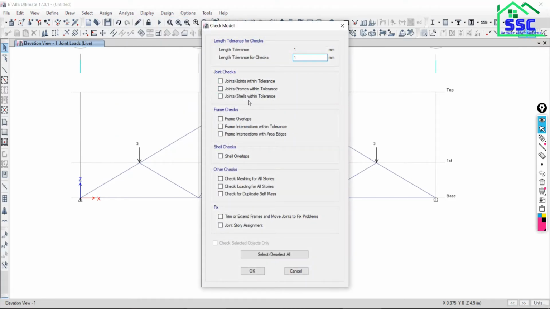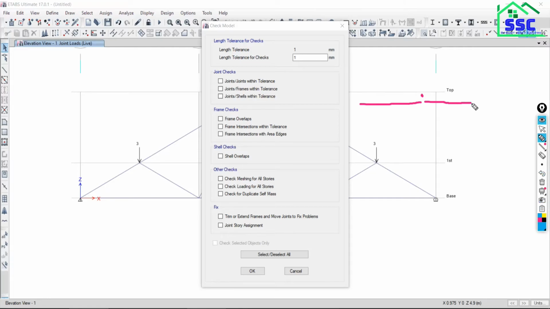Many options will be there, such as whether the joints are overlapping or not. Tolerance for the overlapping, the length tolerance. Suppose there are two beams, this beam and this beam are separate beams, and this is a joint point.